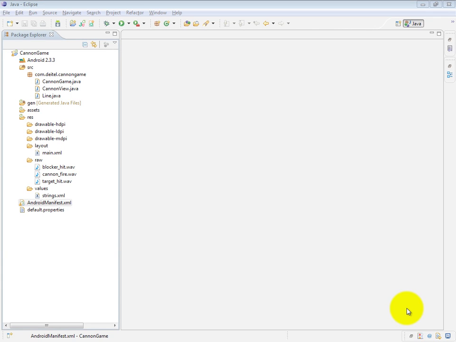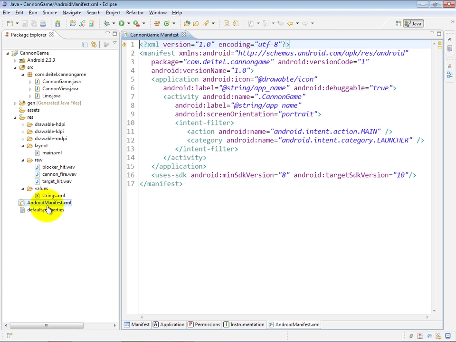Let's begin by taking a look at the AndroidManifest.xml file, which of course is created for you when you set up the project in Eclipse. Now there's just a couple of key things that I'd like to point out to you in this file. First of all, we have our package com.ditel.canongame, and the reason I want to point this out to you is